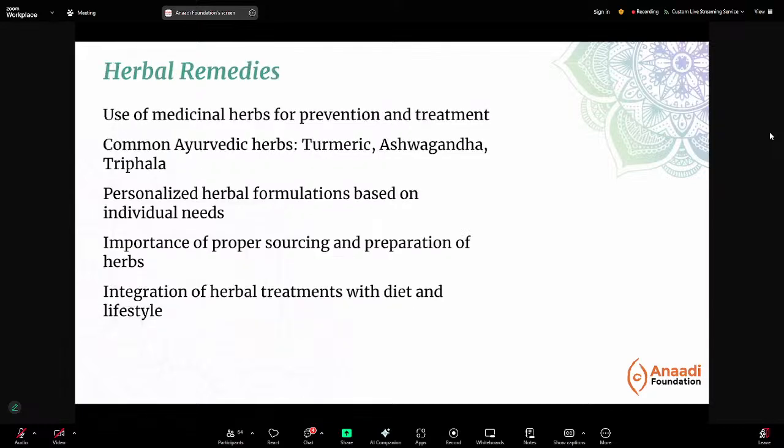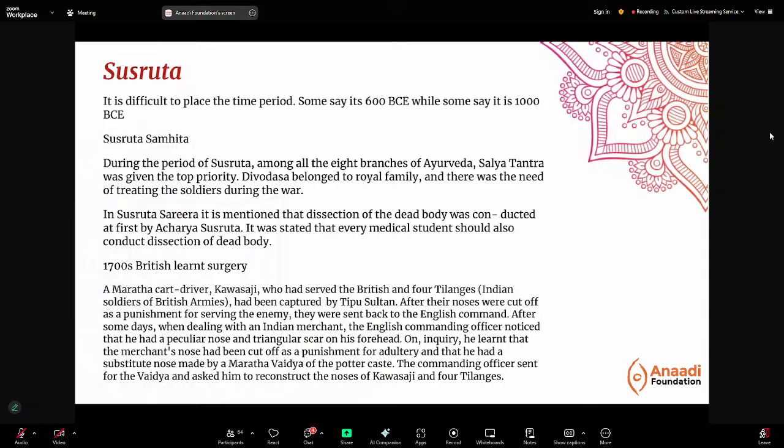So when we look at a little bit of history of Ayurveda here, it's difficult to place Sushruta, but some say it is 600 BC, some say it is 1000 BC. But Sushruta Samhita is an important text of Ayurveda. So there are three main contributors to Ayurveda: Sushruta, Charaka, and Bhagavata. Okay? So during the time of Sushruta, all the 8 branches of Ayurveda, including say pediatrics, geriatrics, general medicine, toxicology, and all that,